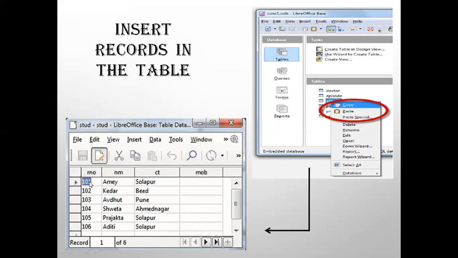Start filling from here. So if the database is open, you will see the saved table with a name in the right pane here. So click on edit data, this one, to make edit mode off after you finish, and a window will appear for saving it again. Click yes after entering all the data, and then click on the close button to close it. This was about entering data or inserting records in the table.